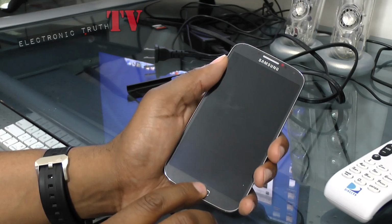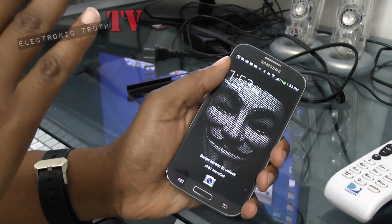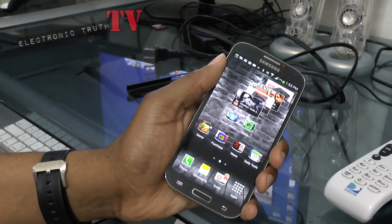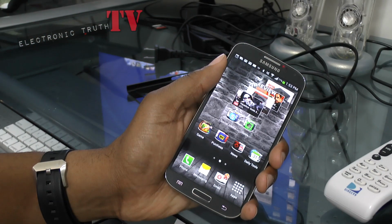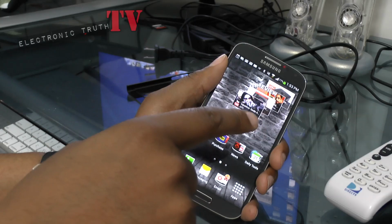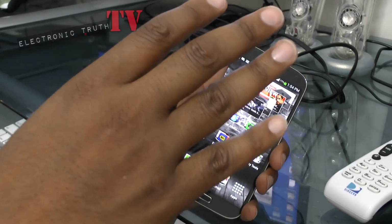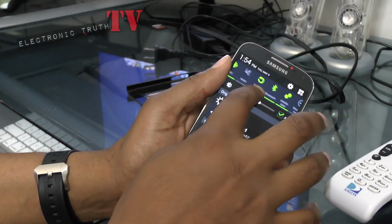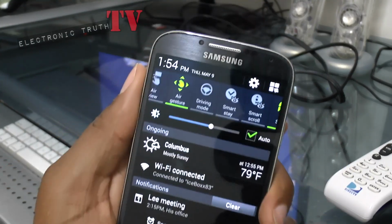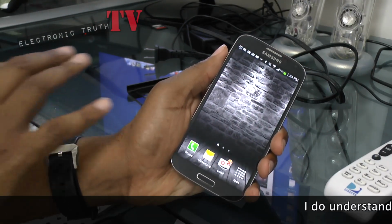I do love the physical home button. I think that a lot of the gestures are gimmicky at best, and while I do think that they work, I think that most people just won't use them because we have already learned how we want to use a smartphone: you touch stuff, slide it up as you need to. Sometimes I can actually find some of those smart features interfere, which is why I turn them off. Where's the eyeball one? Yeah, I turn a lot of them off because I don't use them, and it causes issues for me. But again,